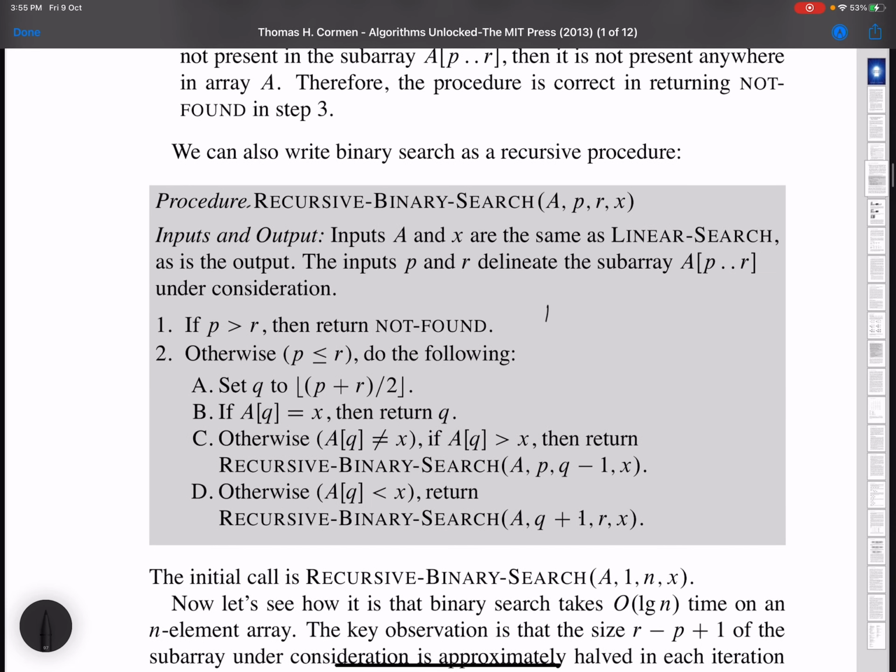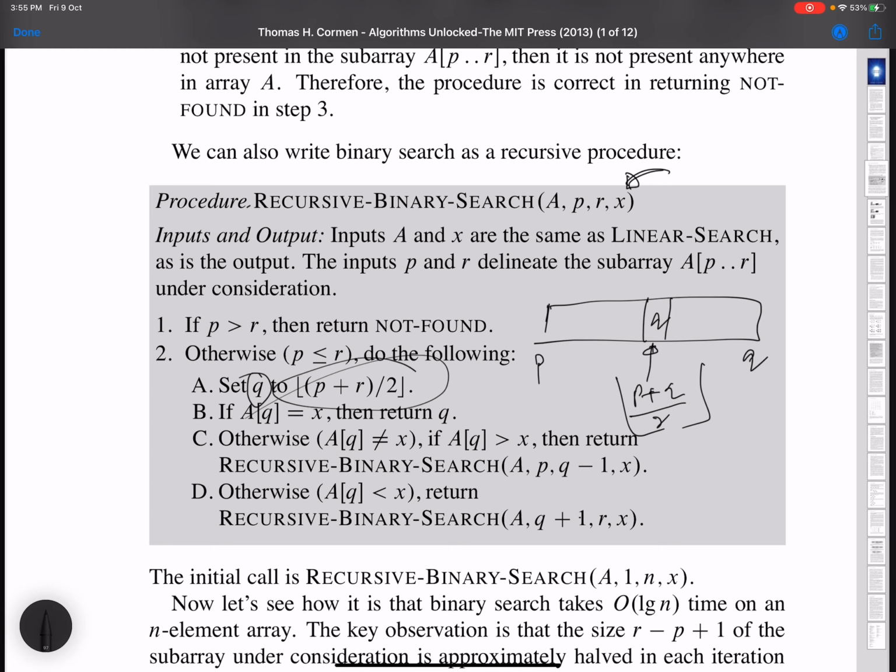Suppose we have an array that starts from P and ends at R. We first look up the element at position floor of (P plus R) divided by 2, and we denote this position by Q. The element of interest is X. We first check whether X is at this position.